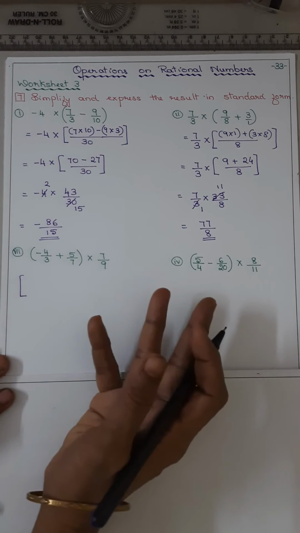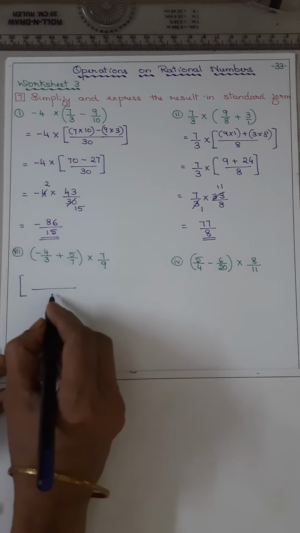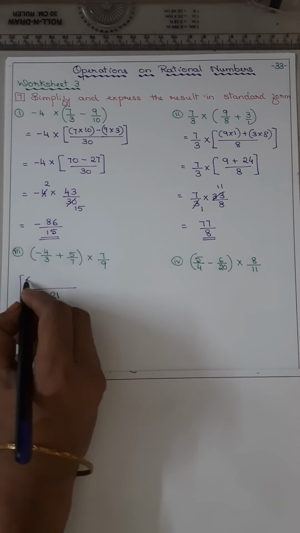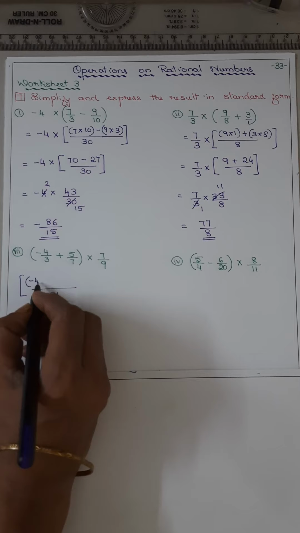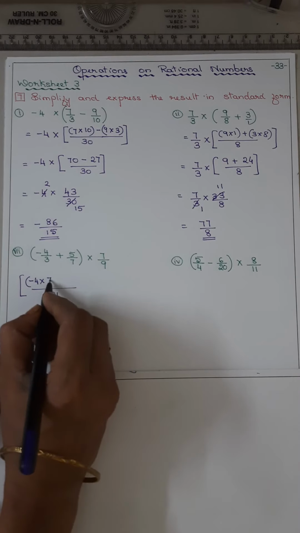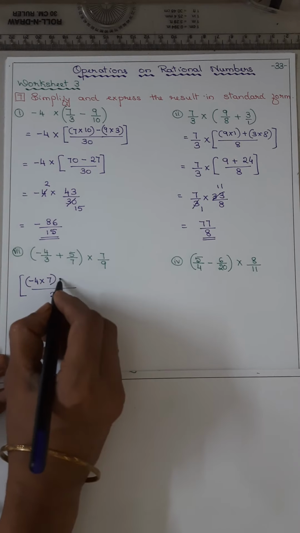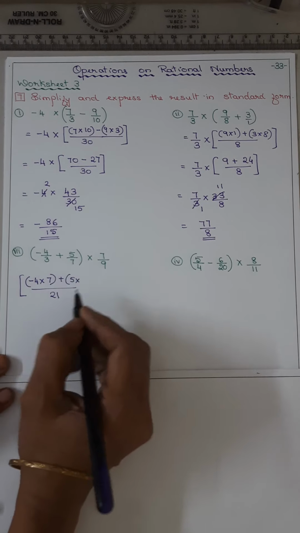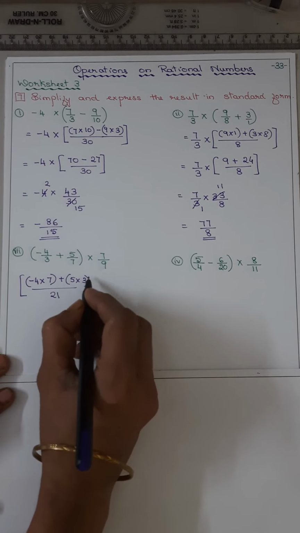Otherwise both are prime numbers, so directly 21. Now the numerator is minus 4 into 3, how much? 3 7s are 21. Now the numerator is 5 into 7, 7 3s are 21,